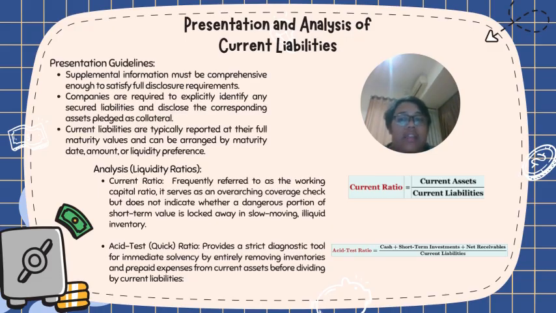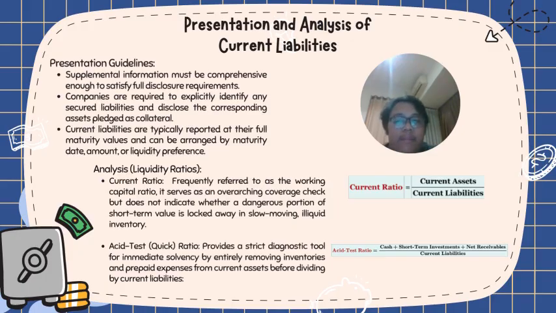And after the presentation is the analysis itself of the current liabilities with the use of liquidity ratios. There are two types. Firstly is the current ratio. As you can see, the formula is on the screen. It is frequently also called the working capital ratio. For the function itself, it serves as an